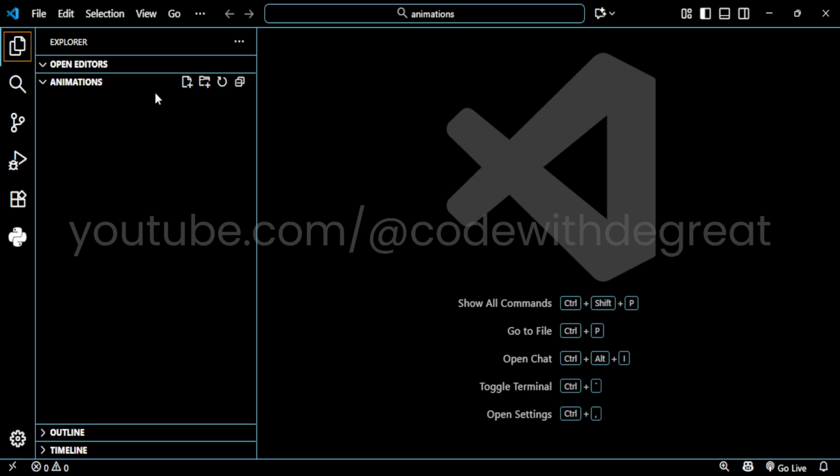Okay, now this is my Visual Studio Code interface, and we are going to be creating our HTML file here, and let's say